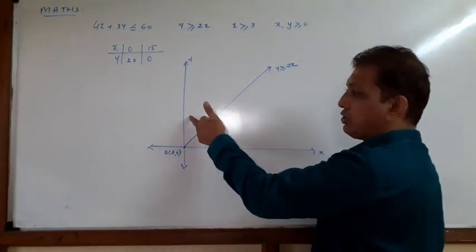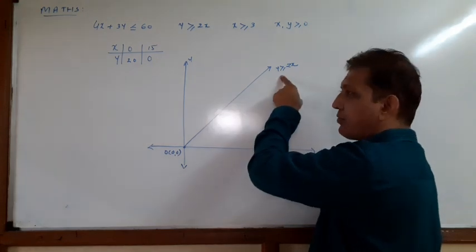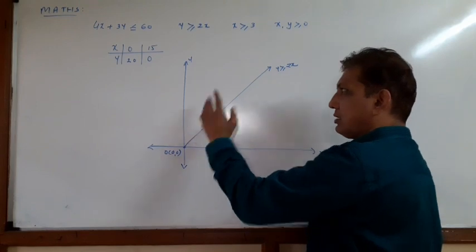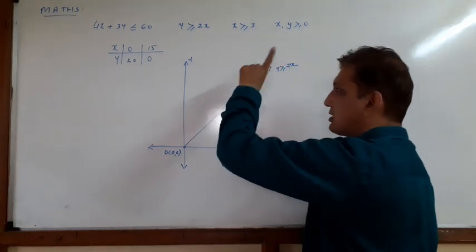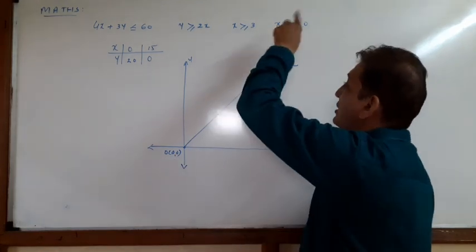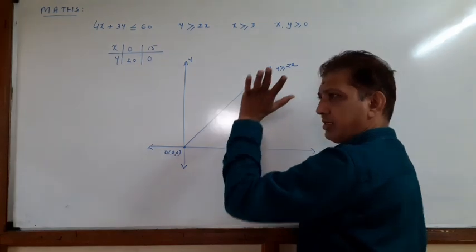Put, suppose, the point (0, 5) on the y-axis, x 0, y 5, so 5 is greater than or equal to 0. So when we draw this line, the left side part is included in this graph. Here the graph is in the first quadrant, so V shape, this portion.